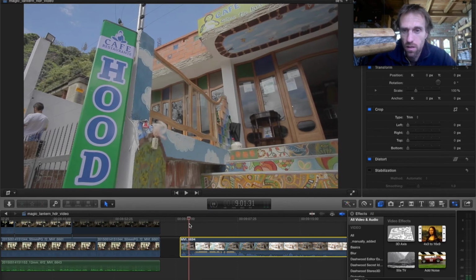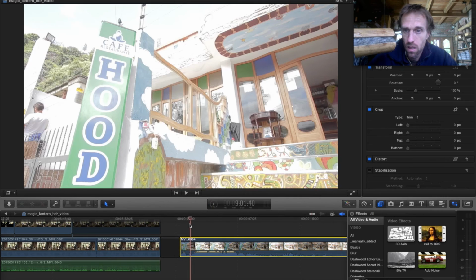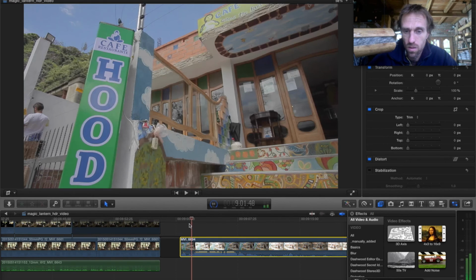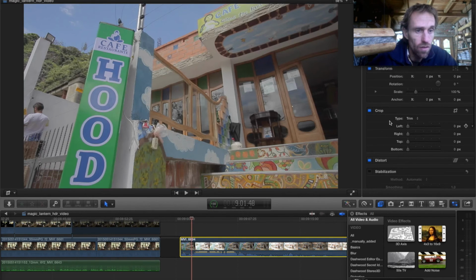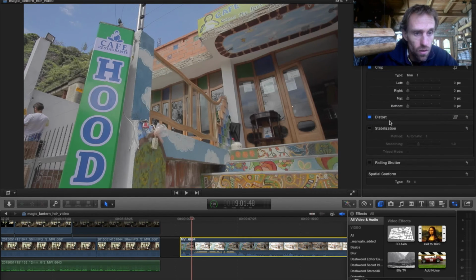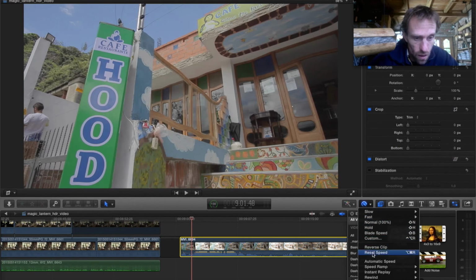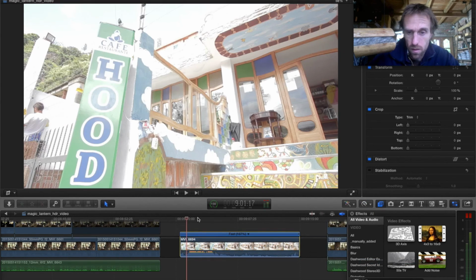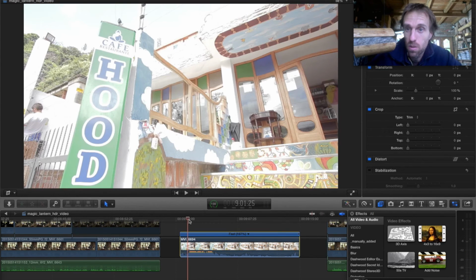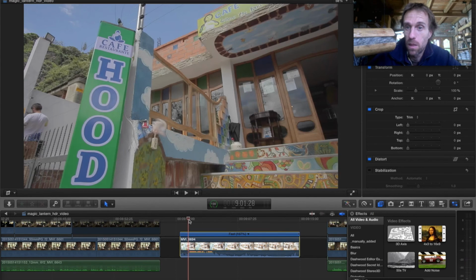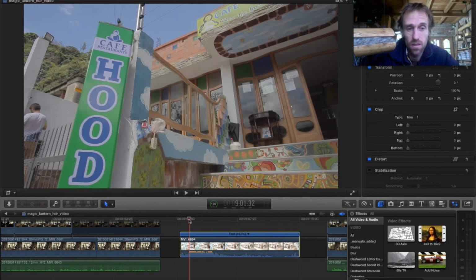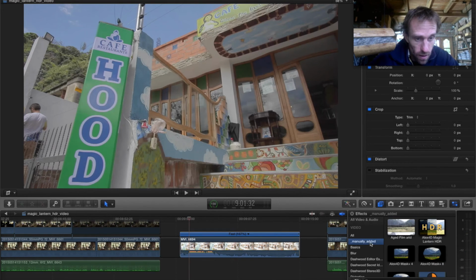First thing you want to check is that your frame rate is correct. I'm advancing frames one by one here, and we're slightly out. I did record this at the wrong frame rate, so what you need to do to fix that is go to this retime thing and select automatic speed. Now it's going to play back at a slightly faster speed than what we played it back as, but the most important thing is as we advance each frame, it's blinking on and off there with our different ISO values. Okay, so now we can apply our